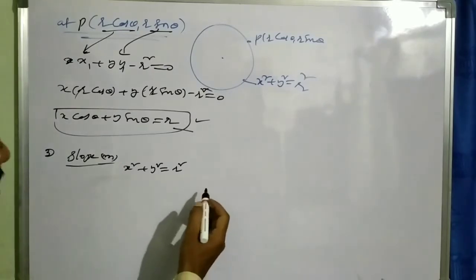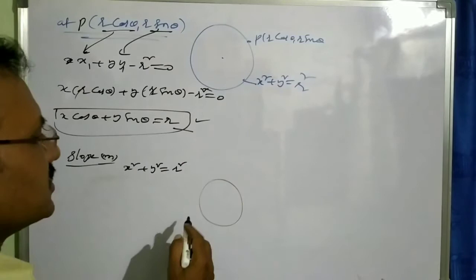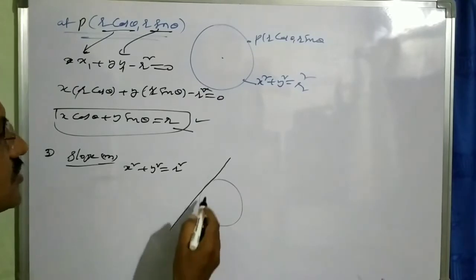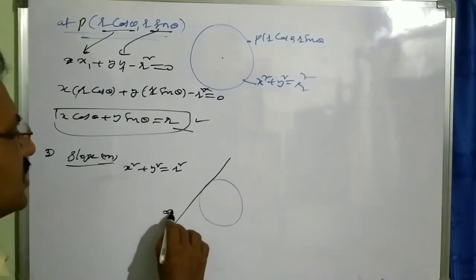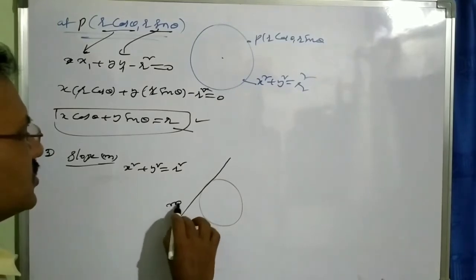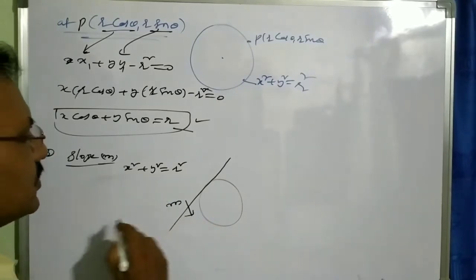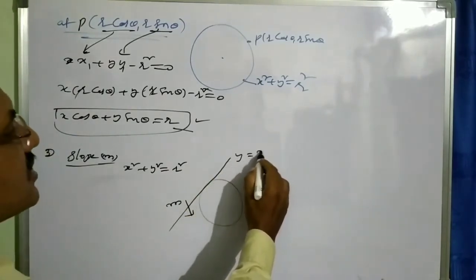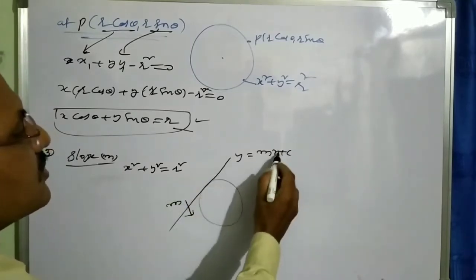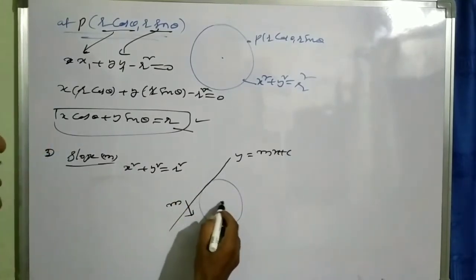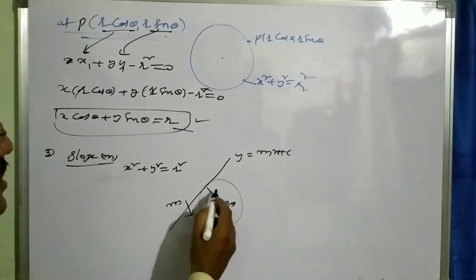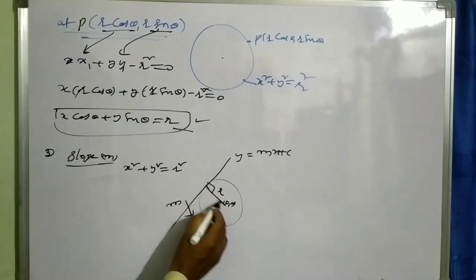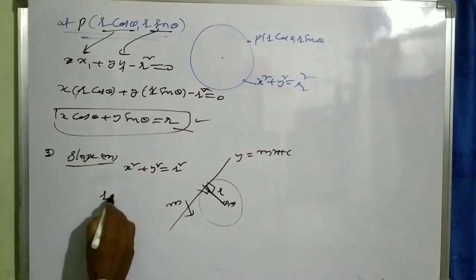Suppose we apply the geometrical condition for the circle equation. There are so many tangents that exist, and a particular tangent has slope m. So what is the equation of a line having slope m? Let us consider the equation of the line having slope m as y is equal to mx plus c. As it is a tangent to the standard circle with its centre at the origin, r is equal to the perpendicular distance. So the condition is r is equal to d.